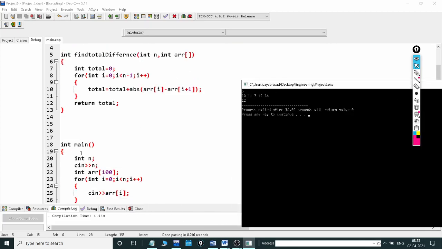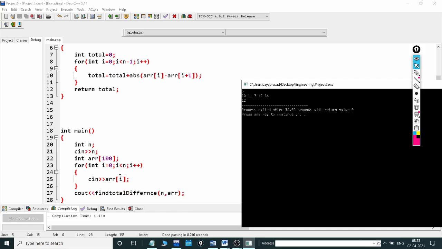First of all, it comes here to int main. n is declared, int n. I have entered 5, so this 5 directly comes into n. So n equal to 5 now. Then I have declared the array of size 100.